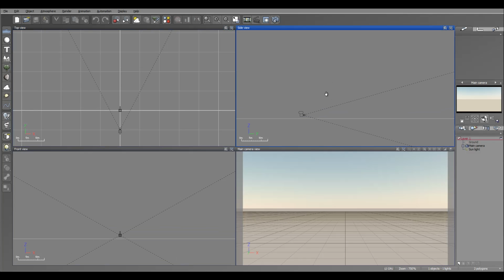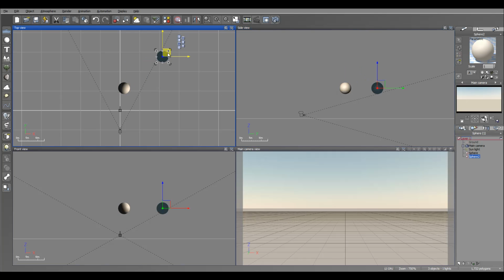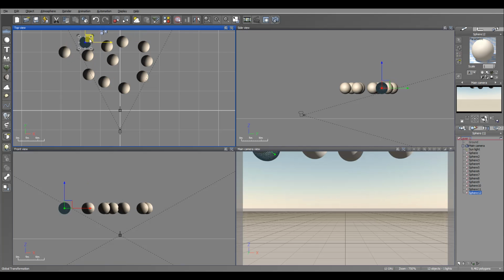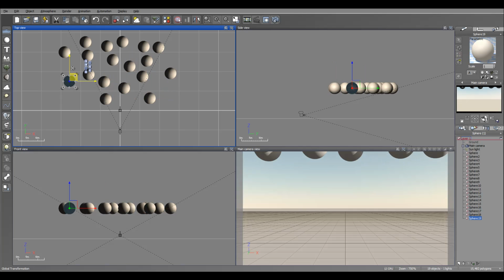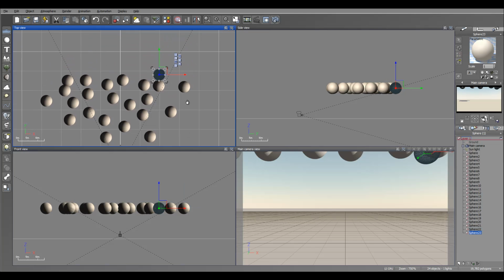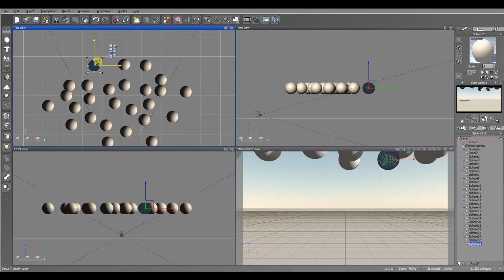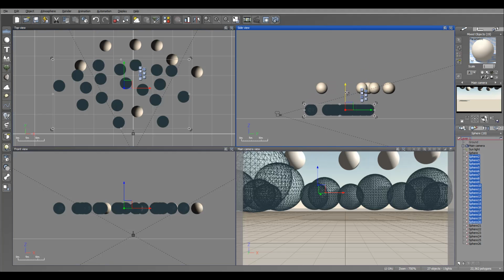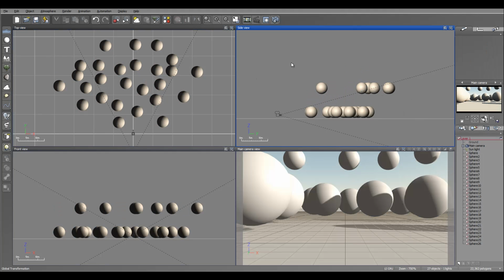When you work with Vue and you have multiple objects, for example, we have a lot of different orbs right here. This is a simple primitive, but if we add trees and other ones, you'll start to notice after some time the render and Vue performance will start dropping down. It's related to some hardware limitations or maybe software render limitations. For example, right here it works okay, fast, but if we have more, we start